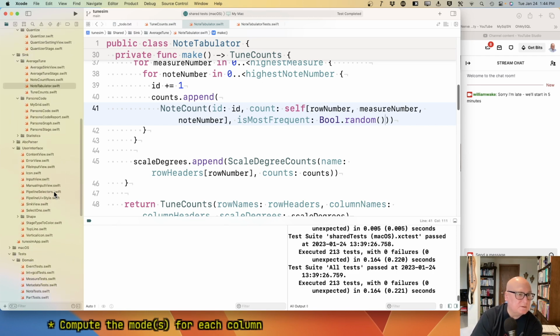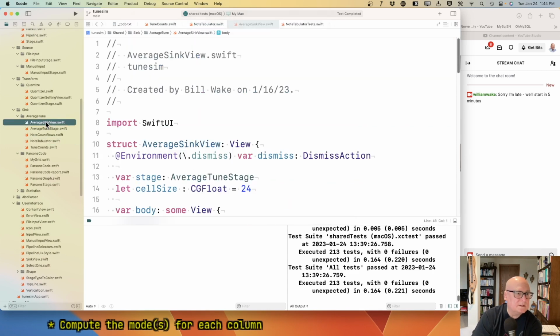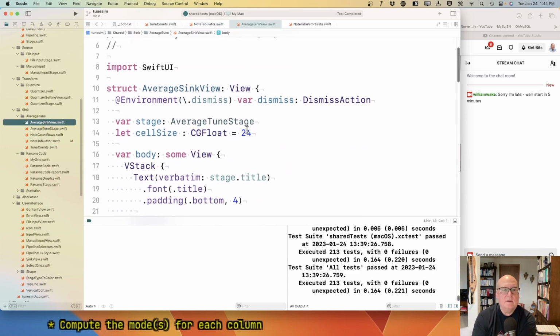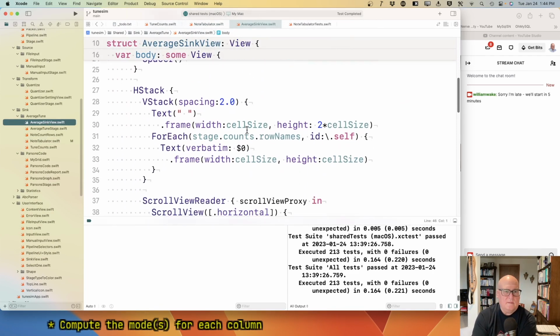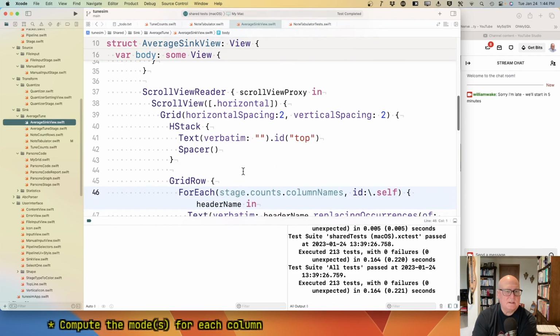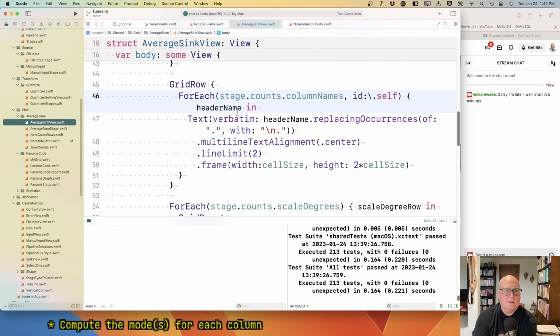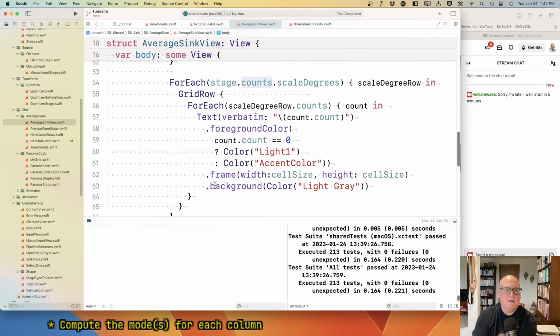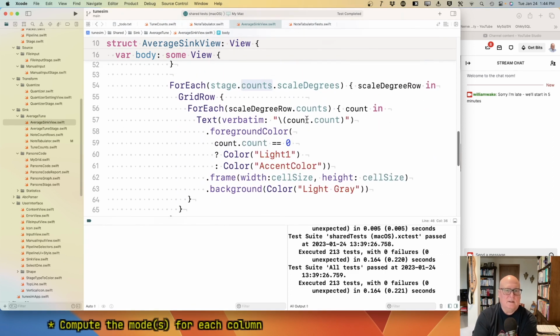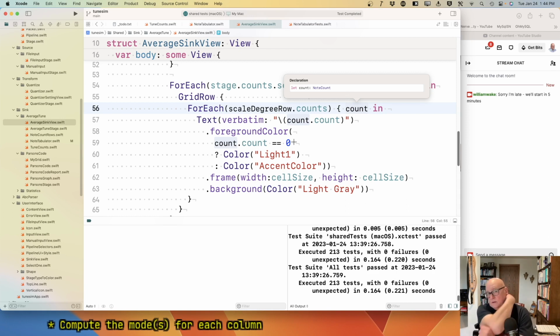Okay. And so let's go look at average tune view, average think view. Okay. This thing draws the cells here for each column count. Oh, that's the columns. Okay, here's the grid. It asks for scale degree counts, and it gets a count, and that should be note count. Okay, and so the foreground color, well,